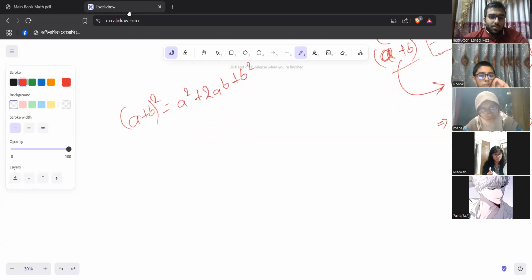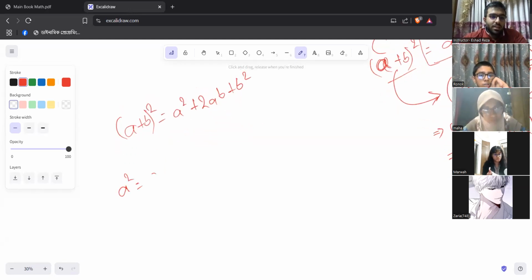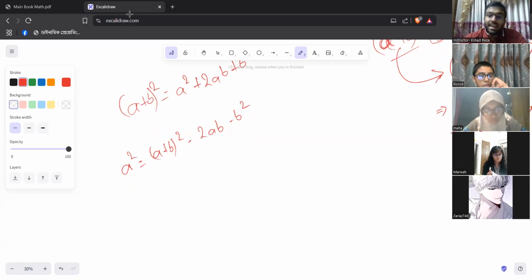If I wanted to, I could say that a square is equal to (a plus b) whole square minus 2ab minus b square. Could I not have said this? Yes. So I can say that this is a corollary, but this is a very useless corollary. We are never going to use this ever. So